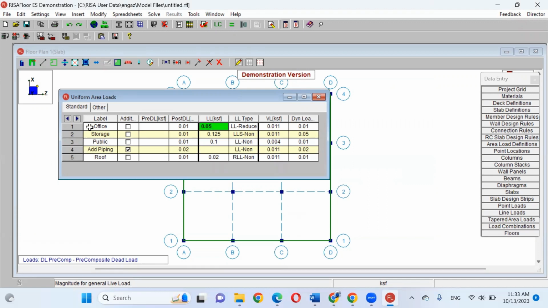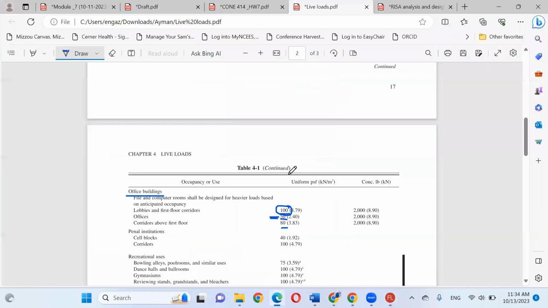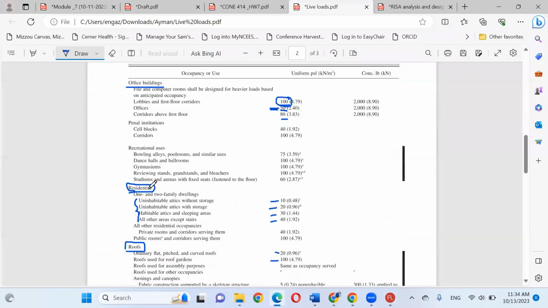Okay, my function of the building is not listed here. So I can come to the last row and push enter, and I can define a new one called residential building. What is the value of your live load based on this table for residential building?